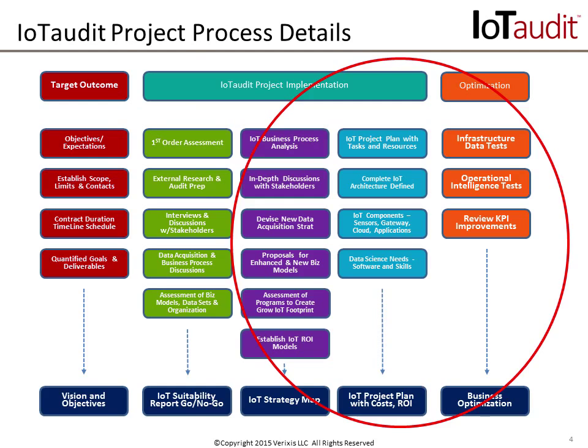You'll remember this IoT audit project process detail chart from the last module. Here you can see we're going to focus on the back half of the process, where we're going to build your IoT strategy map predicated on what you did in your baseline and expectations phase. We're then going to move to your IoT project plan and actually identify the different pieces that need to come together for a successful IoT deployment. And then we're going to look at how to optimize your business predicated on the information coming from your IoT